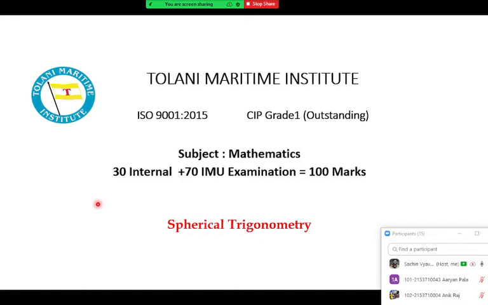So before we start this spherical trigonometry, I know everyone we learned this normal trigonometry, plane trigonometry. So can you tell me a few properties of plane trigonometry that you learned in your school days? Plane trigonometry means it is related to a triangle which is drawn in an xy plane, or in a two-dimensional plane. So for example, this is one of the triangles. Are there any properties you know related to the triangle?